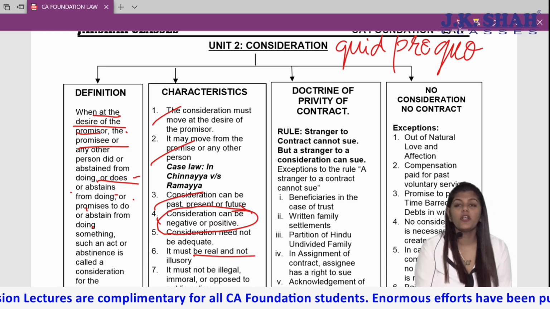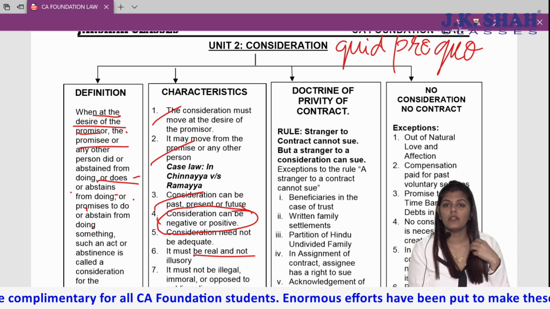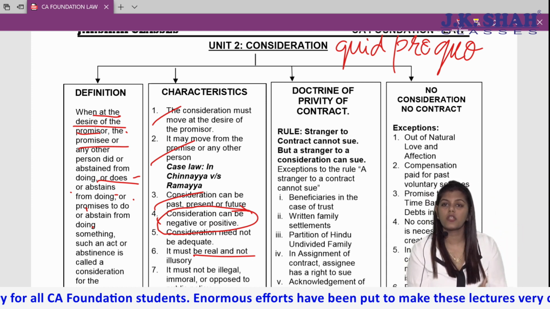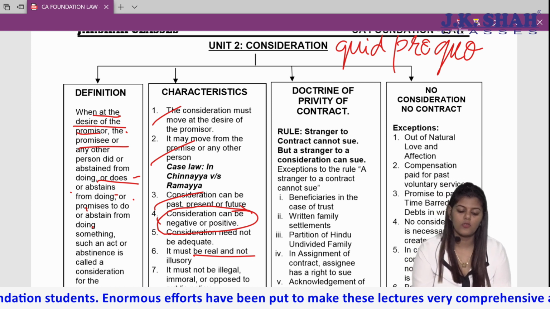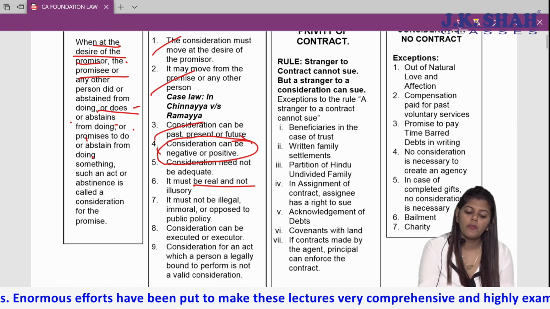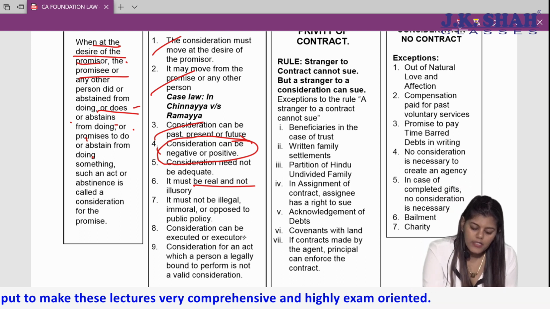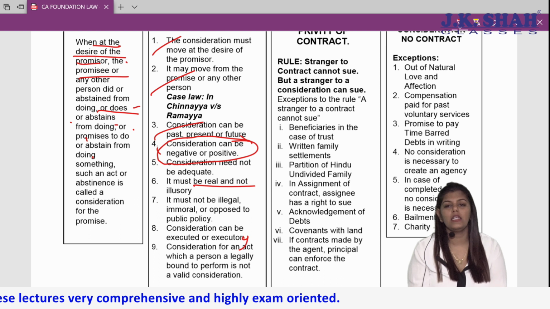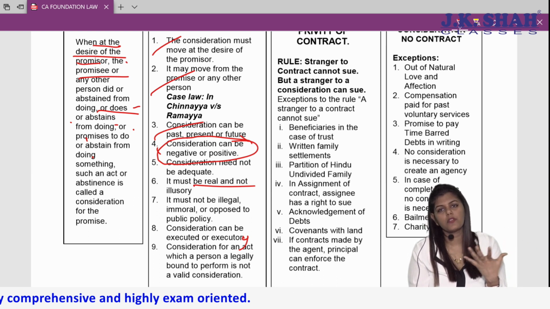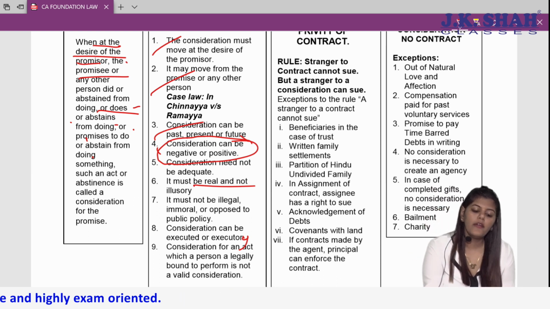It should be real and not illusory. It should not be imaginary. As I told you, a star from the sky, it's imaginary. So it's not possible. It should not be illegal, immoral or opposed to public policy. It can be executed or executory. Either it can be past, present or future. And the last one,